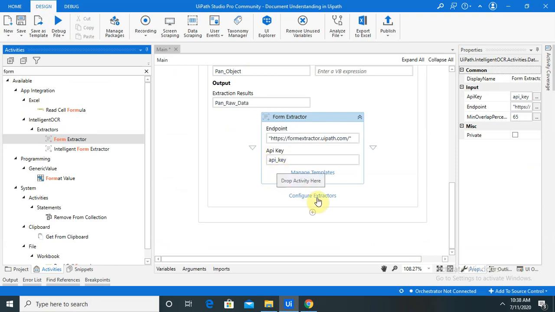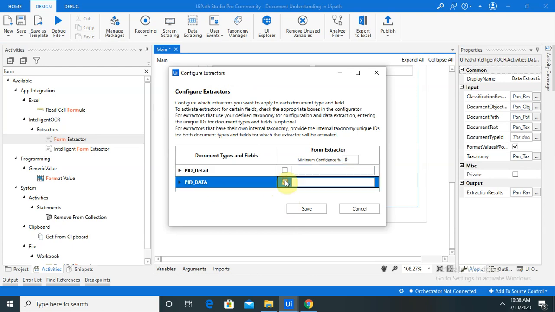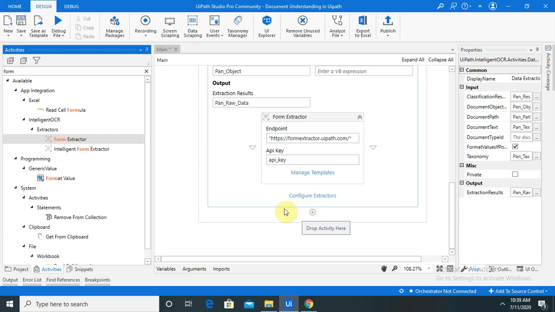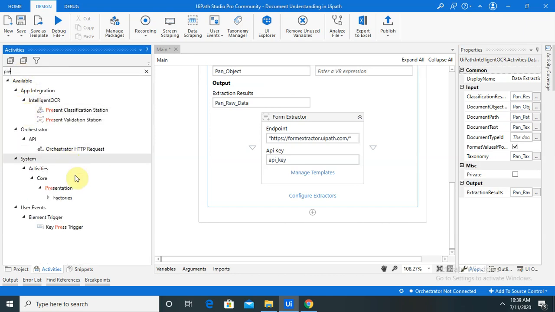Let's move to the configure extractor. As we did for the last one, we can do the same, but if you want to keep a validation for some percentage like 60%, 70%, then only you can include it in the result, otherwise skip it. But I am keeping it here as 0 because we are going for demo purposes. Now we are done. We will again need one more activity for present validation station. It will validate and provide the details in stage validation statuses.